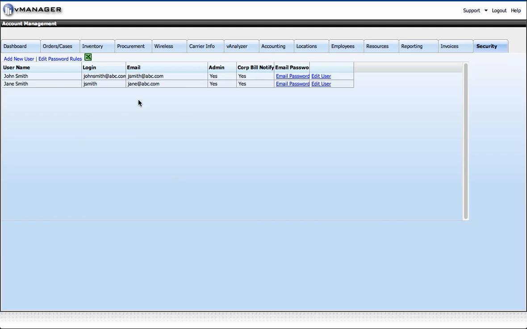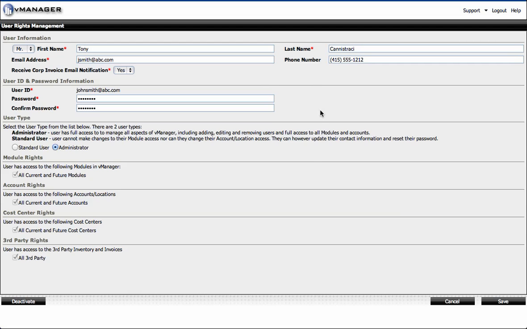You'll see here we have two users. Currently, they have admin access. We're going to go ahead and restrict one of the users to only be able to see certain parts of the application. So we'll click the Edit User link, and here you're going to see the user information, their user